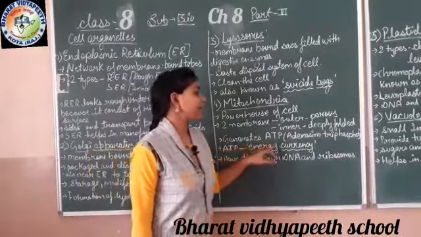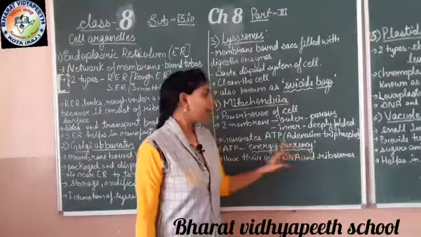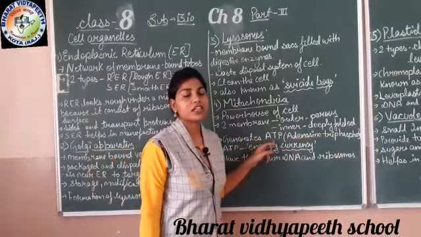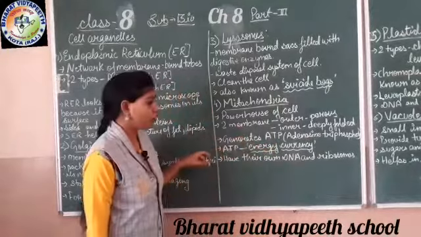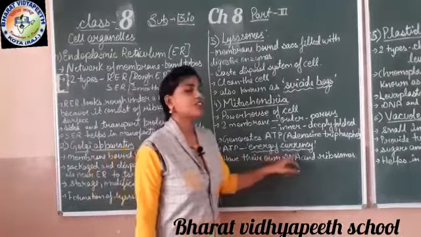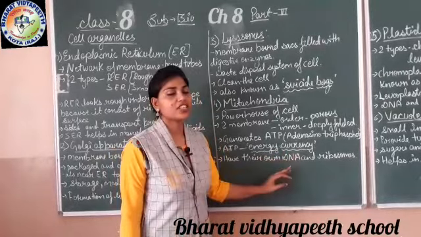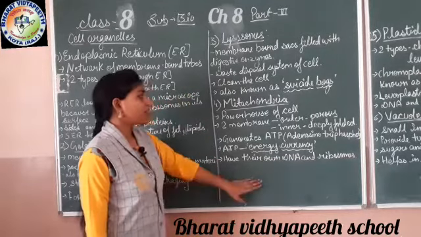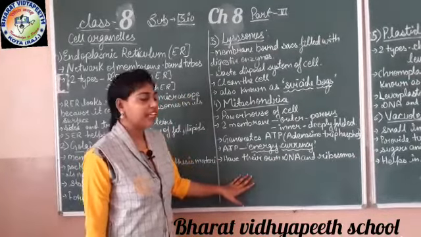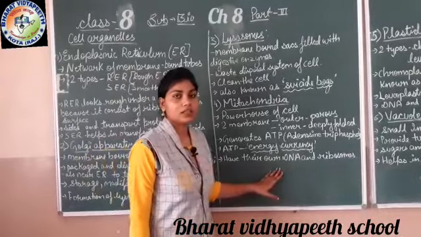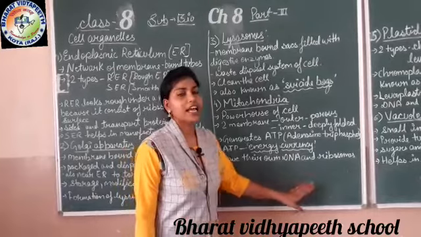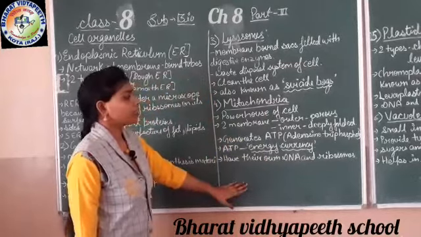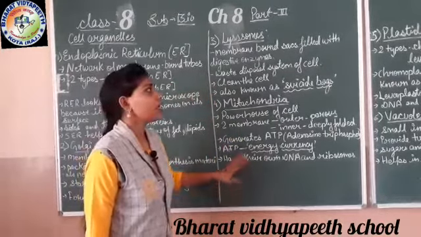Apart from that, it generates ATP. ATP is adenosine triphosphate, a type of phosphate. This is the main thing which produces energy inside the mitochondria. That's why ATP is also known as energy currency, because it generates energy which helps the mitochondria and other cell organelles to do their functions. Mitochondria also have their own DNA and ribosomes. It consists of its own genetic material, that is DNA, and ribosomes. Ribosomes are proteins. So these are the cell organelles, and after the mitochondria, our next cell organelle is plastids.